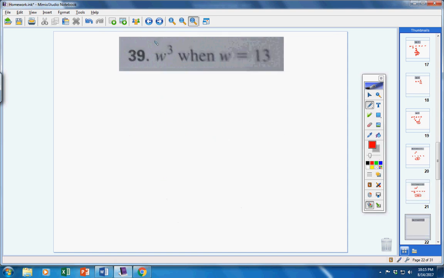Moving on to number 39. W to the 3rd power. Well, W is 13. So I put a parentheses for the W. 13 to the 3rd power. So here we go. First of all, we have 13 times 13, which I think is 269, but I'm not sure. 169, okay. So 13 times 13 is 169, times 13 would be